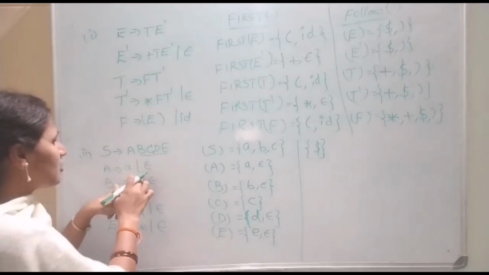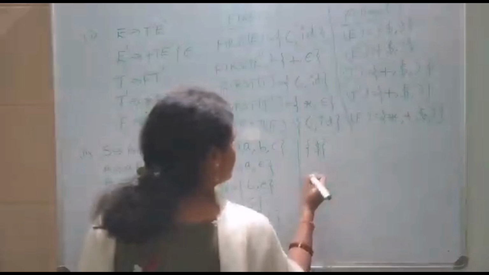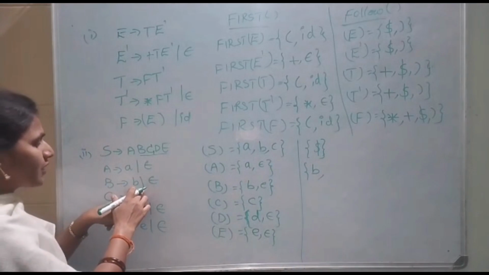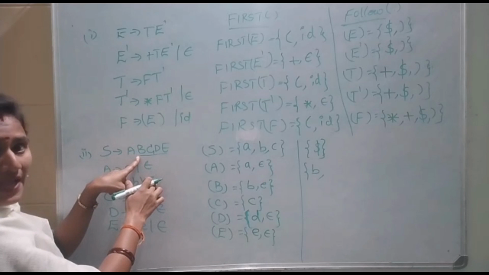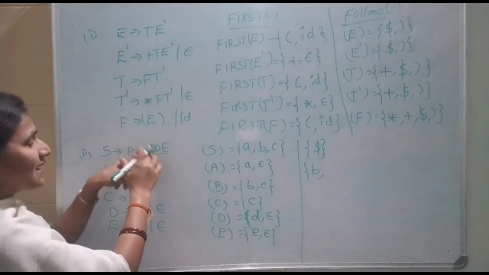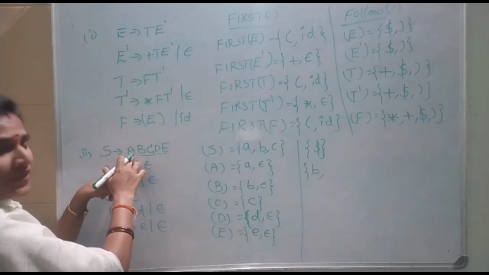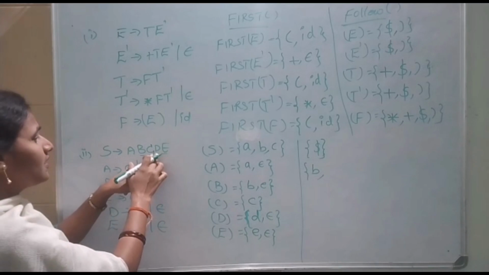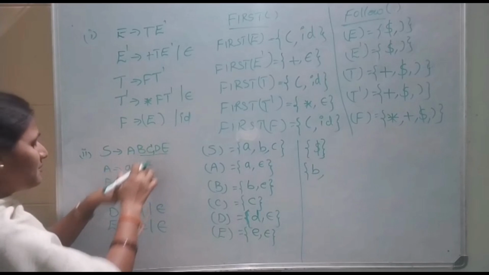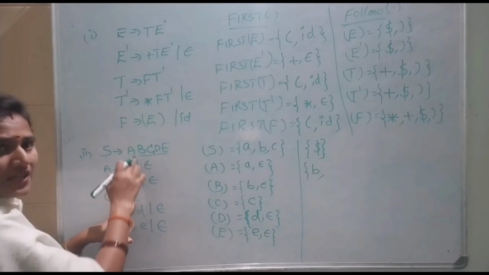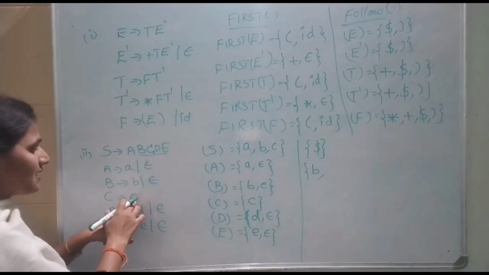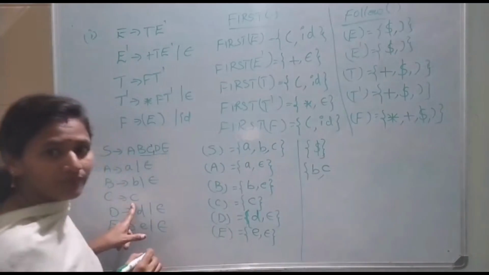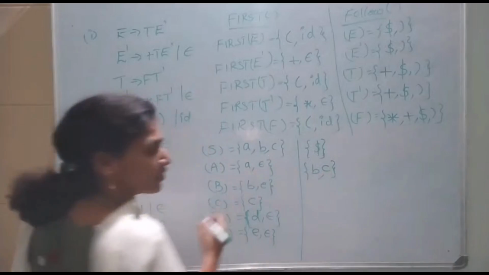What is first of B here? Small b is the one. If I am going to replace B by epsilon, now what is the next immediate symbol after A? Capital C. Right? That is one. Now, if we are going to replace C by its corresponding production, the immediate grammar symbol is first of C, which is small c only. This is how you are going to compute the follow function.